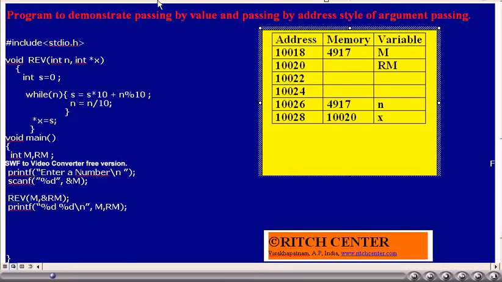Also, we are sending the address of the variable rm from the main, that is 10020. Thus, the same will be assigned to the variable x, that is, for the pointer variable x, first memory will be allocated, and in that memory the value whatever we are sending from the main, that is 10020, will be stored. Thus, x value becomes